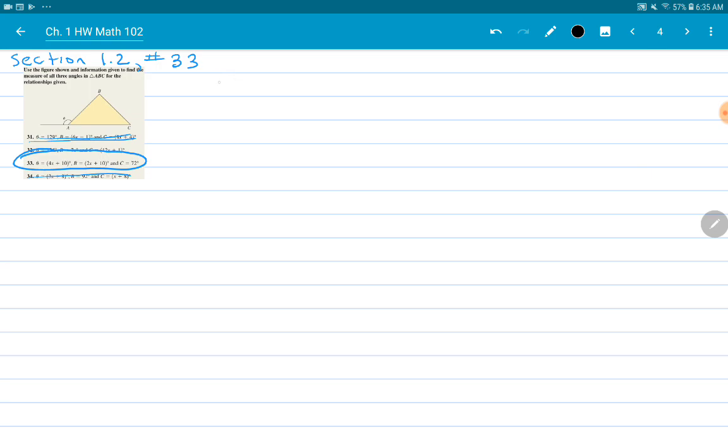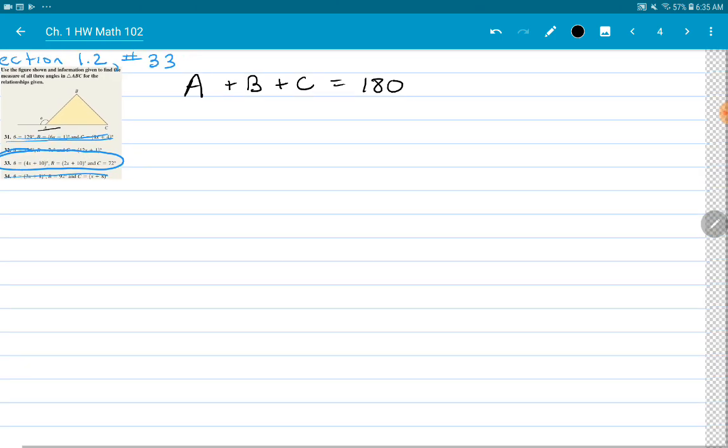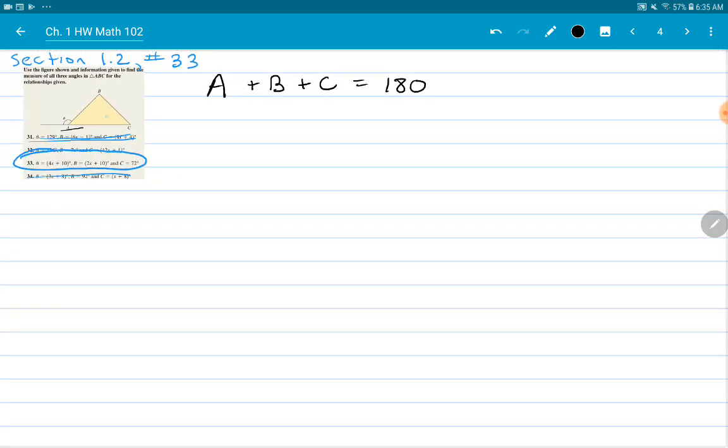So we have the triangle sum, that the three interior angles is 180 degrees, and we learned that in class. And you may remember from geometry. And we also know a straight angle. We learned this in class too. This is a straight angle right here. So that means that